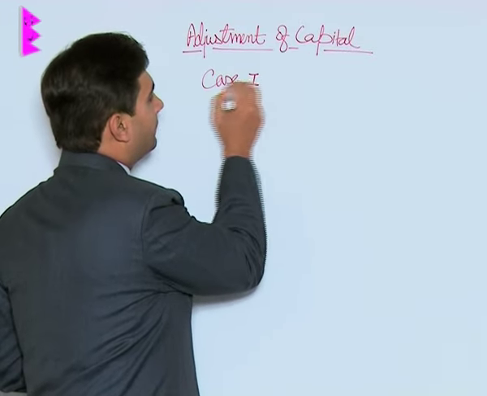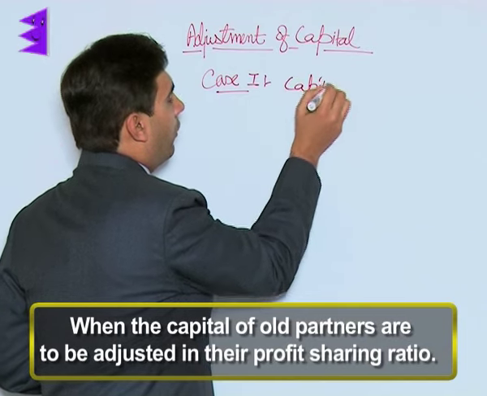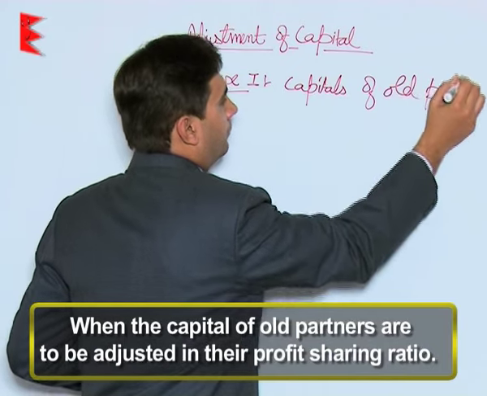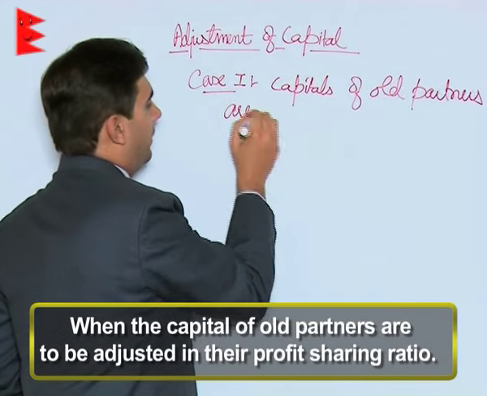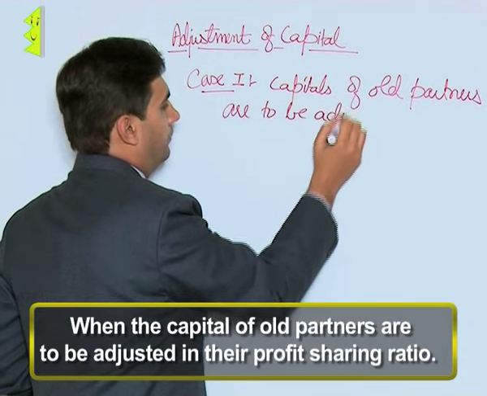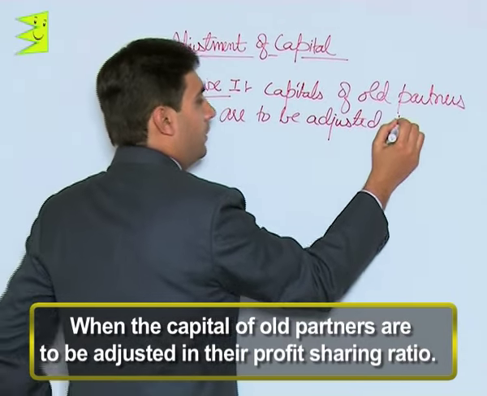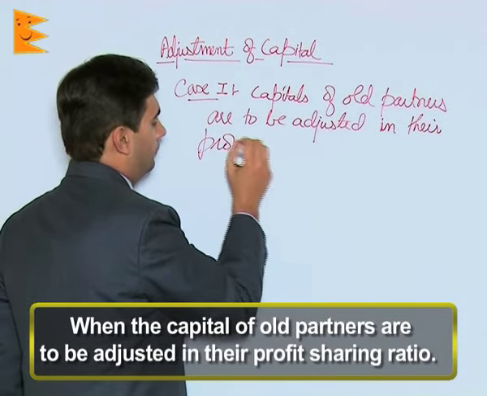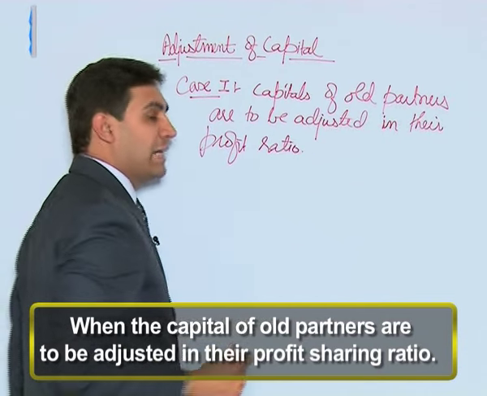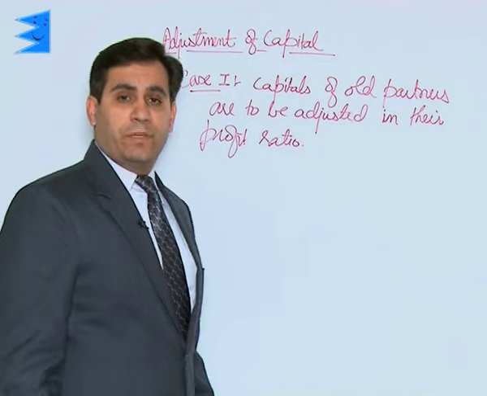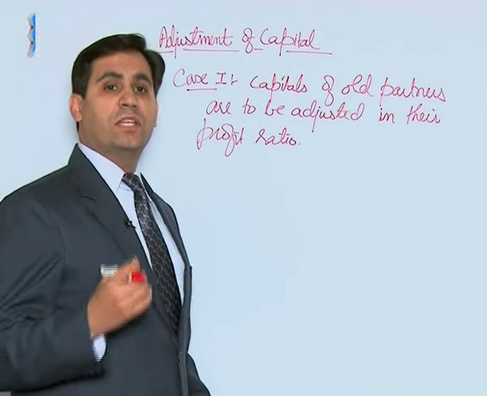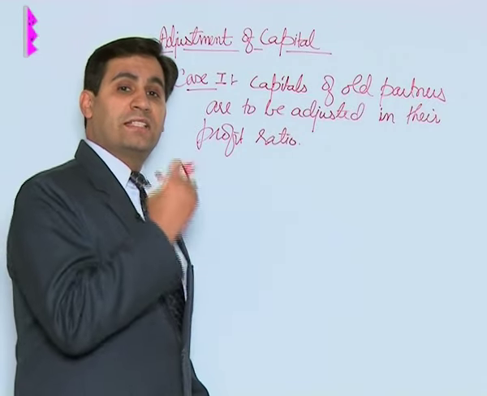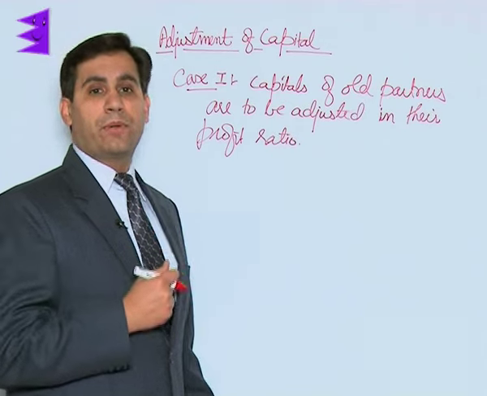Case 1 is when the capitals of old partners are to be adjusted in their profit sharing ratio. That is, once a new partner has been admitted into the business, obviously there will be some change in the profit sharing ratio. So under this case, old partners decide among themselves that their capital should also be in